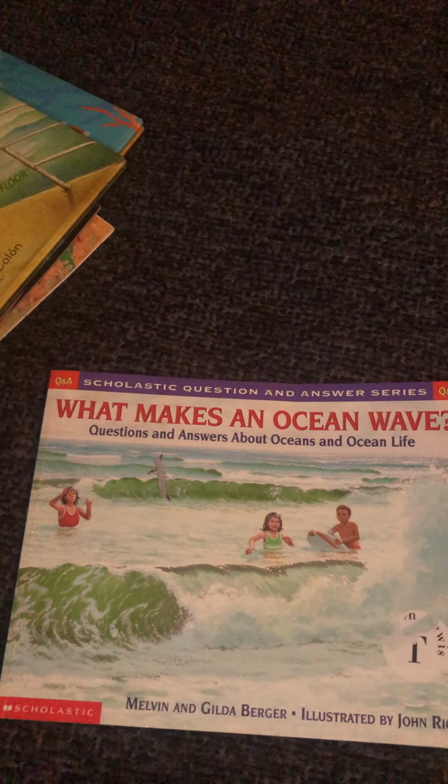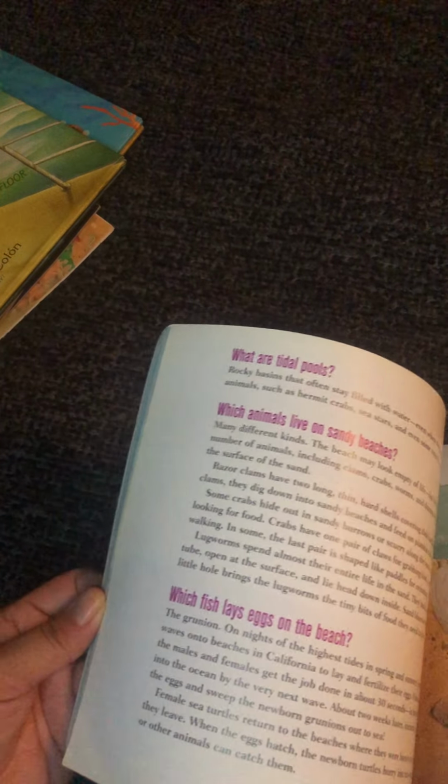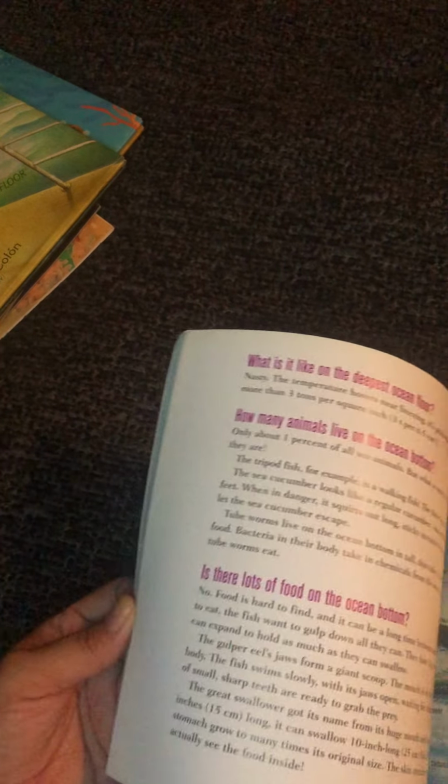Another great series is by Scholastic, the questions and answers series. These are jam-packed with really good information. Can't go wrong with these either. So, totally recommend these. They have them in little sections where it keeps the child engaged and it doesn't make it boring. So that is what he's reading for the month of July. And like I said, mostly nonfiction. So I do recommend these. You guys probably know about these, but anyway,